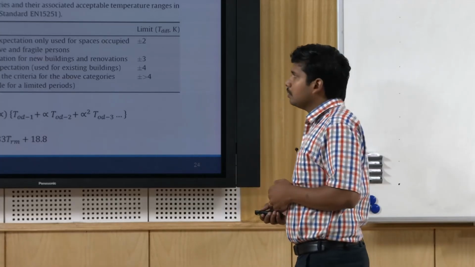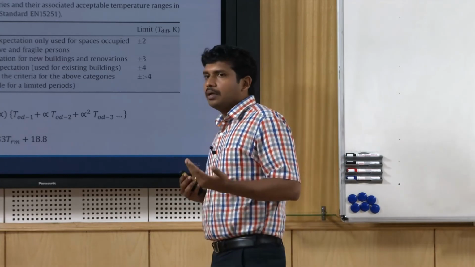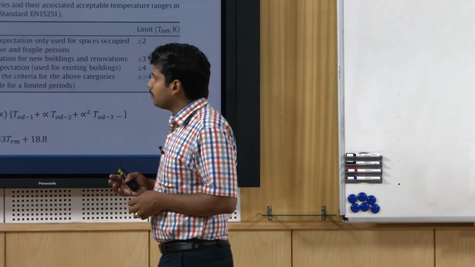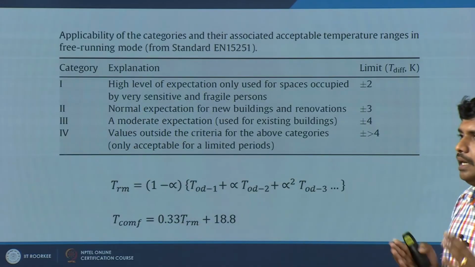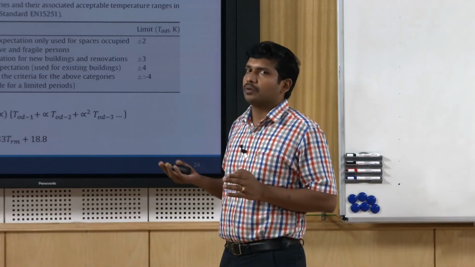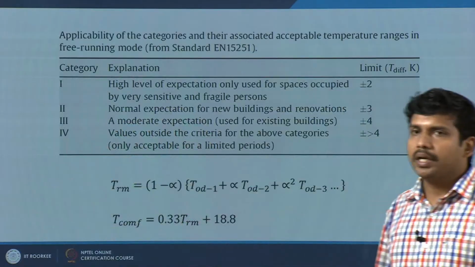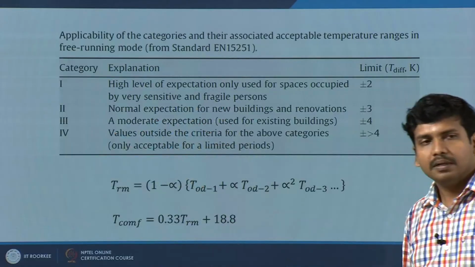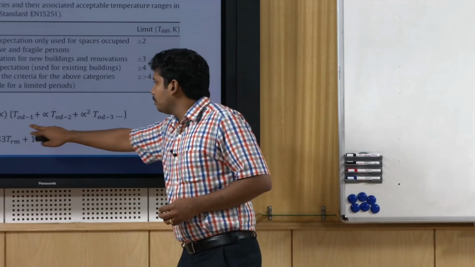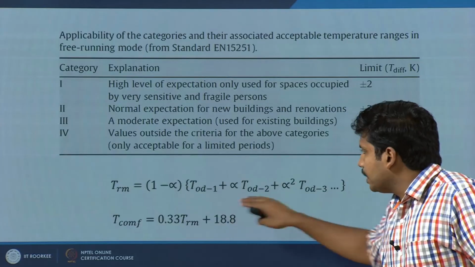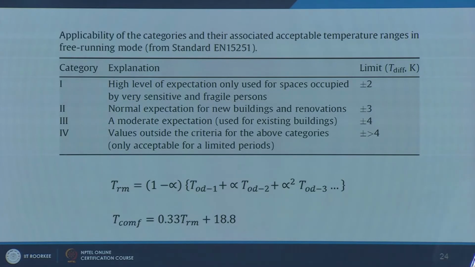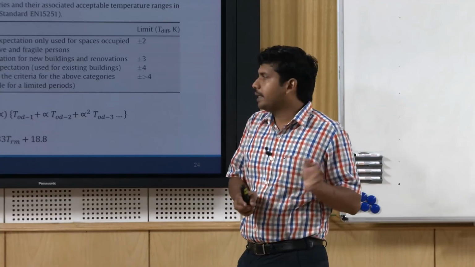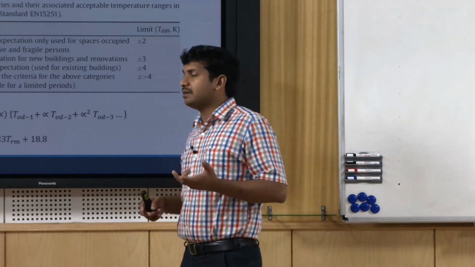One of the recent additions to the model, not so recent but about 6 to 8 years back, was implemented in the European codes as well. This is the concept of running mean outdoor temperature. Instead of taking the daily mean or monthly mean outdoor temperature, you use the running mean temperature, like a short-term thermal history that you are accounting for. Take the mean temperature of the past 7 days and then do a decay calculation, where you give more weightage to yesterday's mean temperature, slightly lesser weightage to the previous day, and it goes on for the past 7 or 8 days. It can go longer as well, but typically 5 to 7 days is taken.